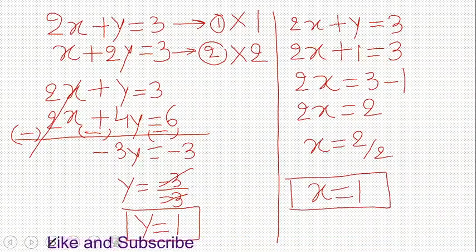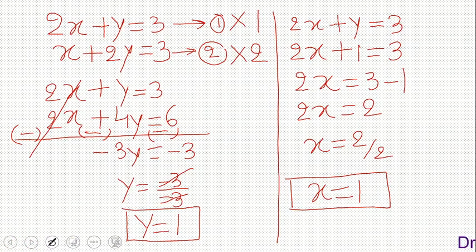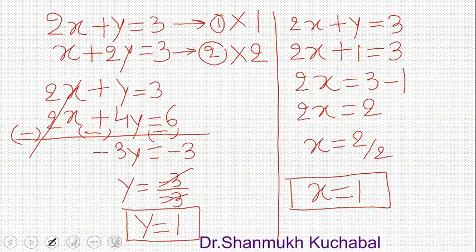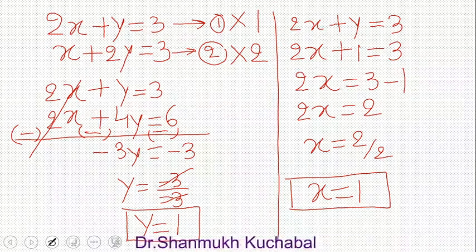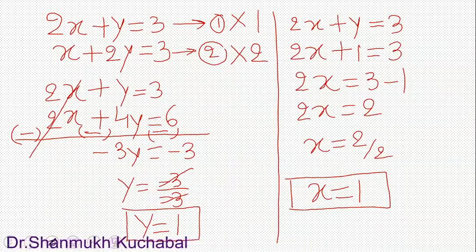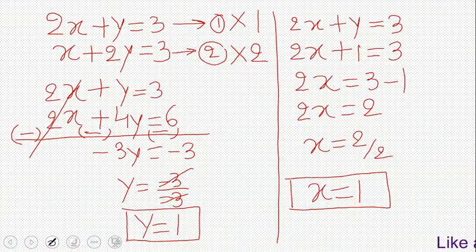So using the elimination method, in the first step we have cross multiplied and we have eliminated the x, so it is called the elimination method. Using the elimination method, eliminating x, we have calculated y, and using either equation 1 or 2, substitute the value of y and calculate the value of x here. So this is the elimination method. It is there in the 10th standard.